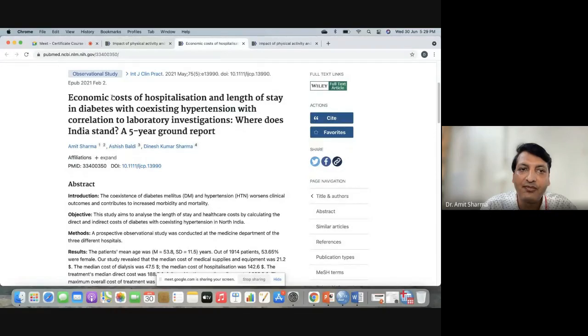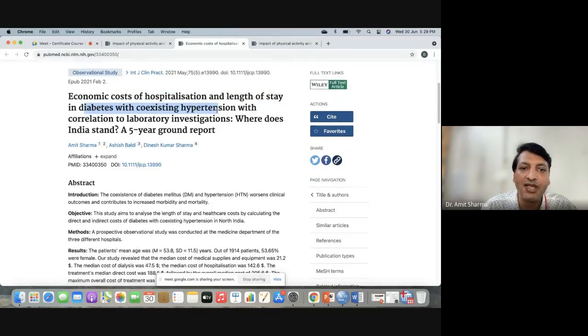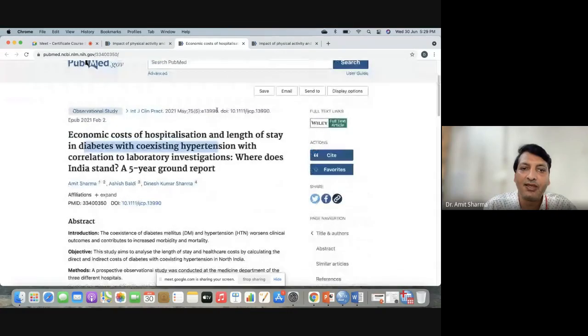the data was the same, cost and length of stay, but with other laboratory investigations. I compared with systolic blood pressure, diastolic blood pressure, fasting blood sugar, random blood sugar, and HbA1c. So five different variables represented this population.